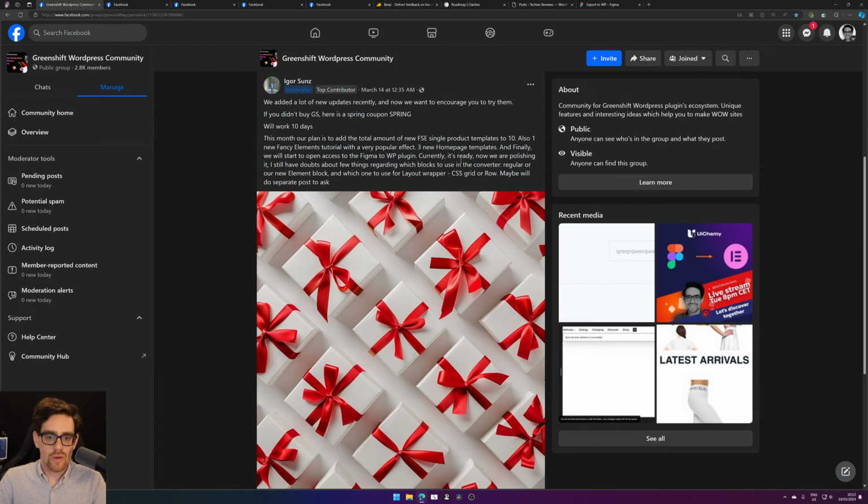They are now, at this moment, polishing the stuff, and they have some doubts about a few things regarding which blocks to use in the converter: the regular block or the element block, and which one to use for the layout wrapper, CSS grid or row. Maybe we'll do separate posts to ask. So,